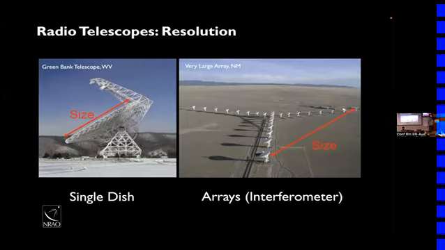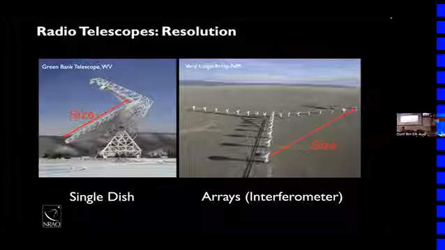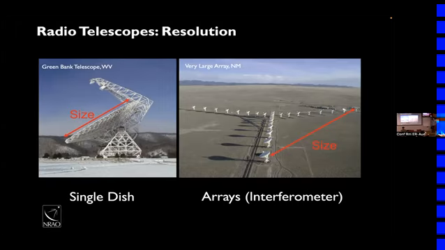You can either have a very big dish on the left. That's a single dish telescope. That's the Green Bank telescope in Green Bank, West Virginia. Or you can build an interferometer. Remember that seaside interferometer that was built on a cliff? Well, you don't necessarily have to reflect waves off the surface of the ocean, right? That has all sorts of issues. What if there's waves? What if there's a storm? It's not a very smooth surface. You build what's called an interferometer, right?